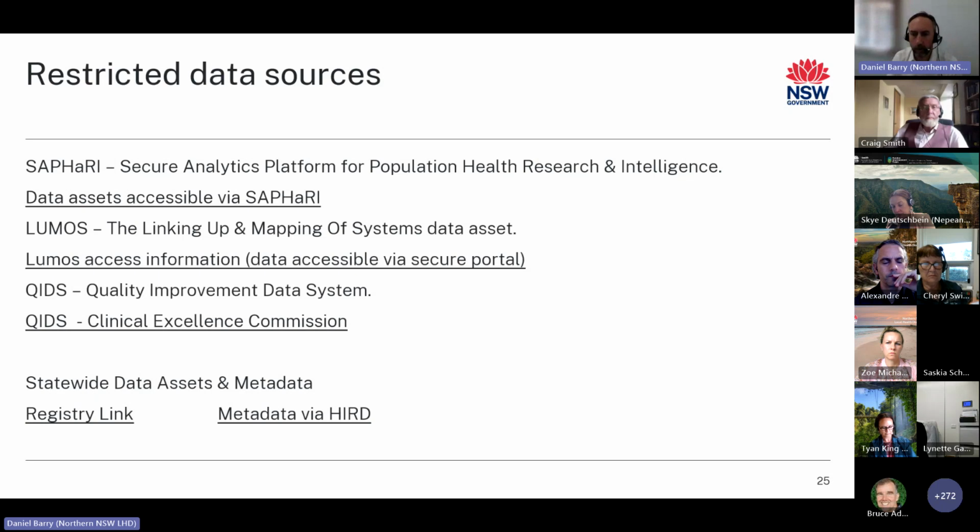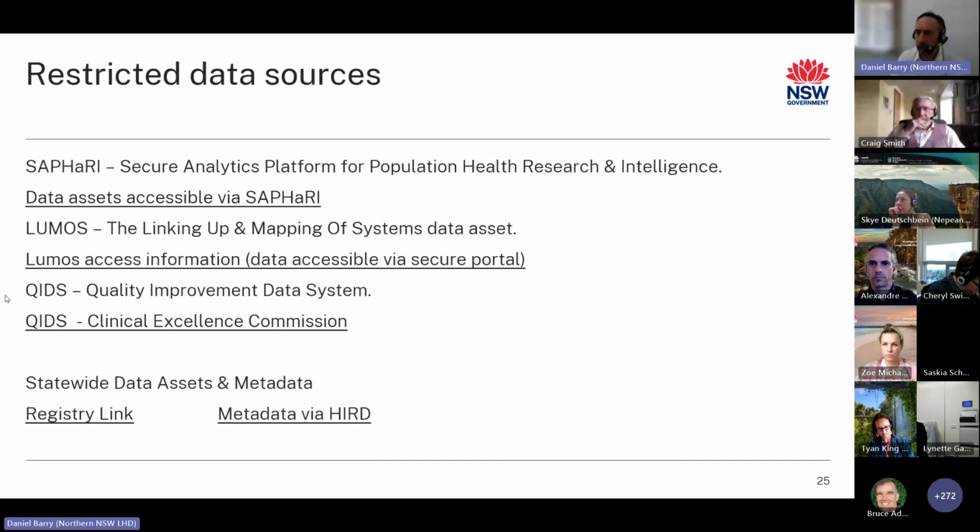It's a statewide New South Wales health analytics platform that hosts a range of data assets, and it's managed by the Centre for Epidemiology and Evidence within the Ministry of Health. Their website provides information on the data they hold and how to access it, and it's a really useful resource for a range of statewide data for